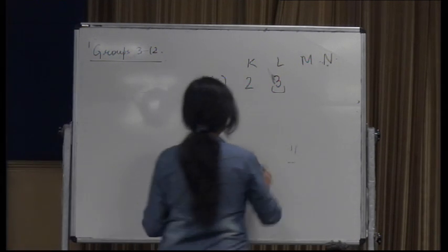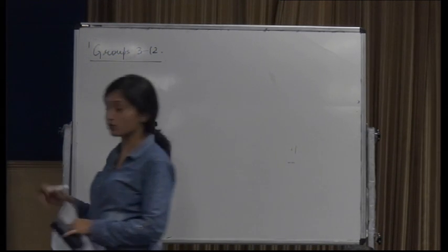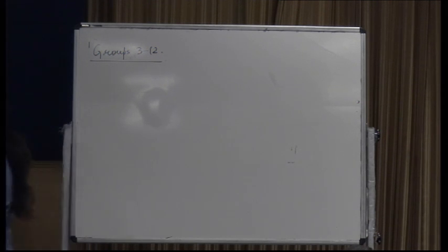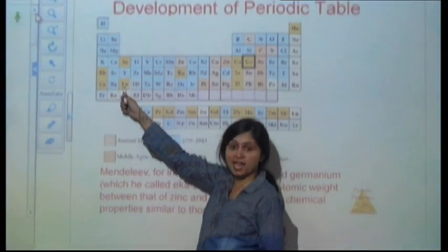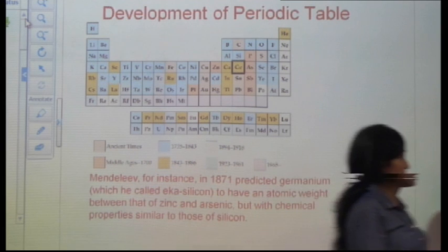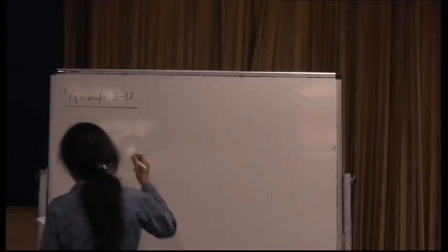Okay. Then for the transition elements also, you can write down the configuration. And how can you write down the configuration for groups 3 to 12? 3 to 12 means I am talking from scandium to zinc, and remember that in d block you have 3d series, 4d series and 5d series, and then you have 6d also now, and there are many newly discovered elements which have also come up. So you have the basic